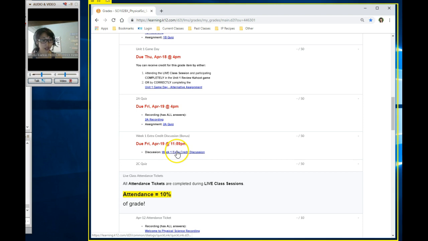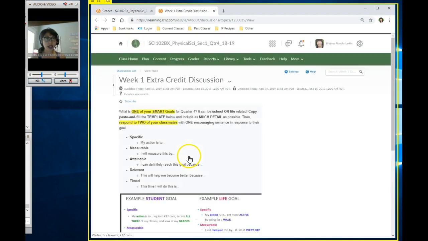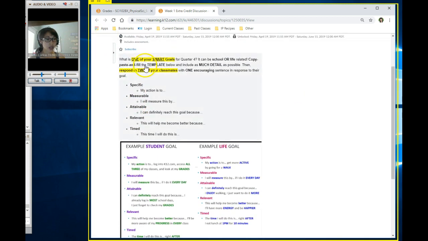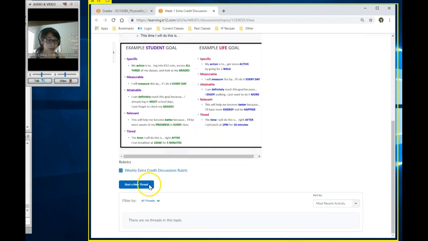Okay, so the week 1 extra credit discussion, you're going to click on that, and then here we go. It's going to have you say, what is one of your SMART goals? And then respond to 2 of your classmates. So I have a little template right here for you. Literally just highlight it, copy paste it, and then fill it out, okay? And then